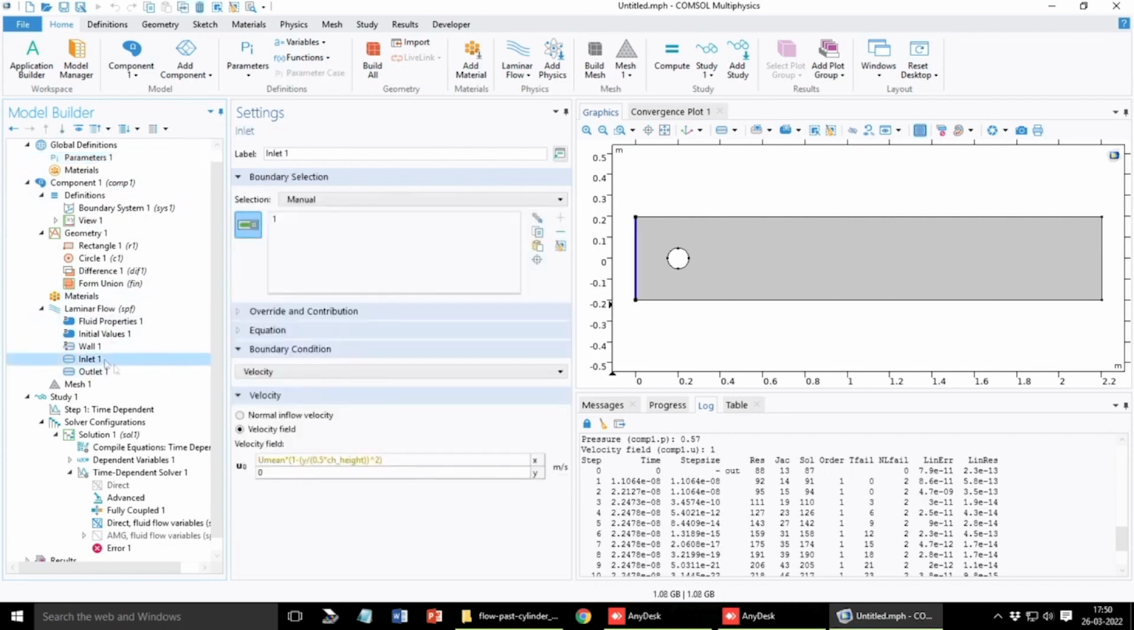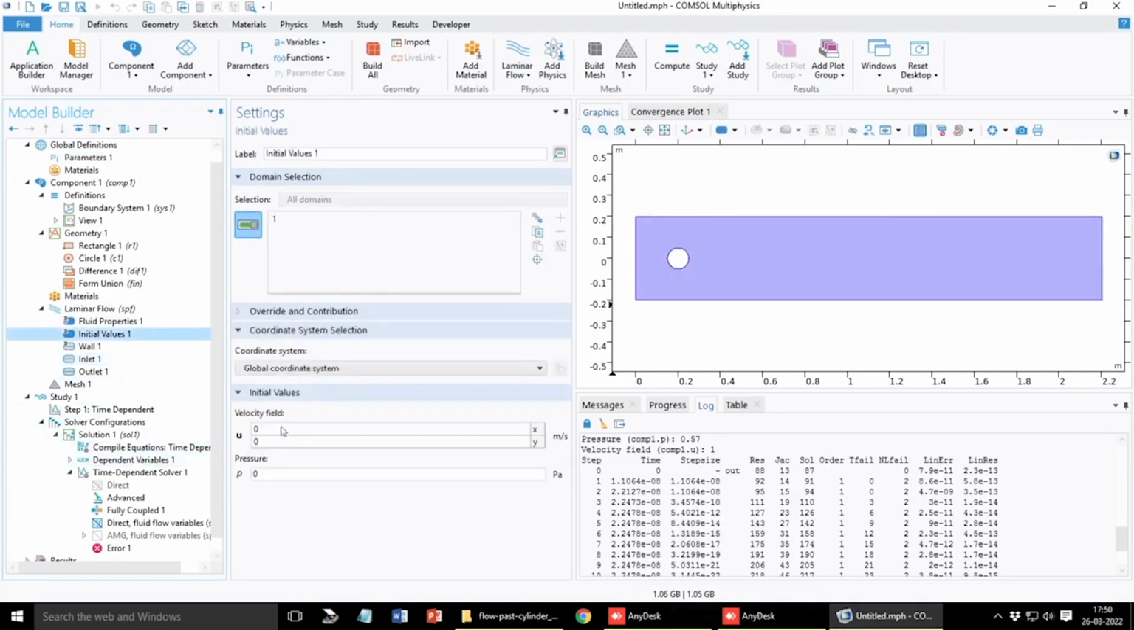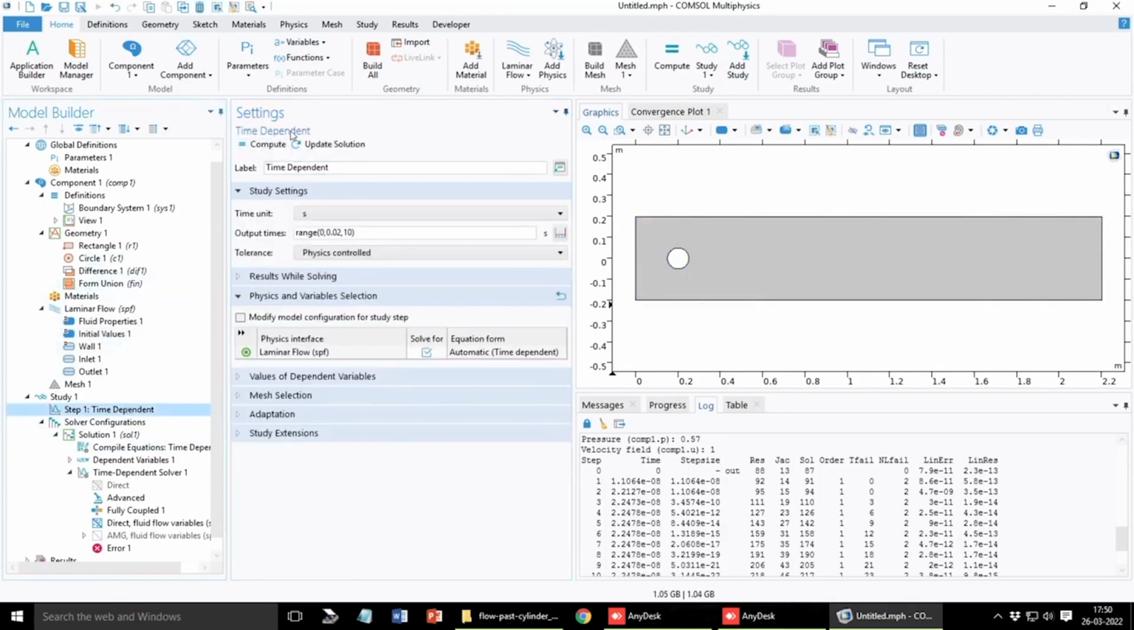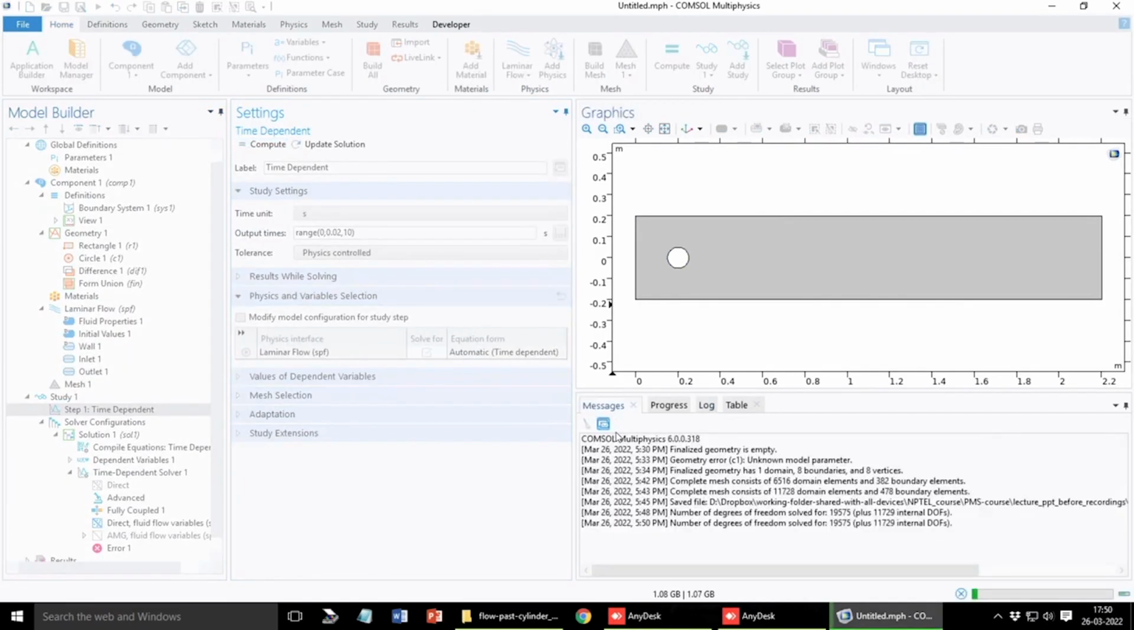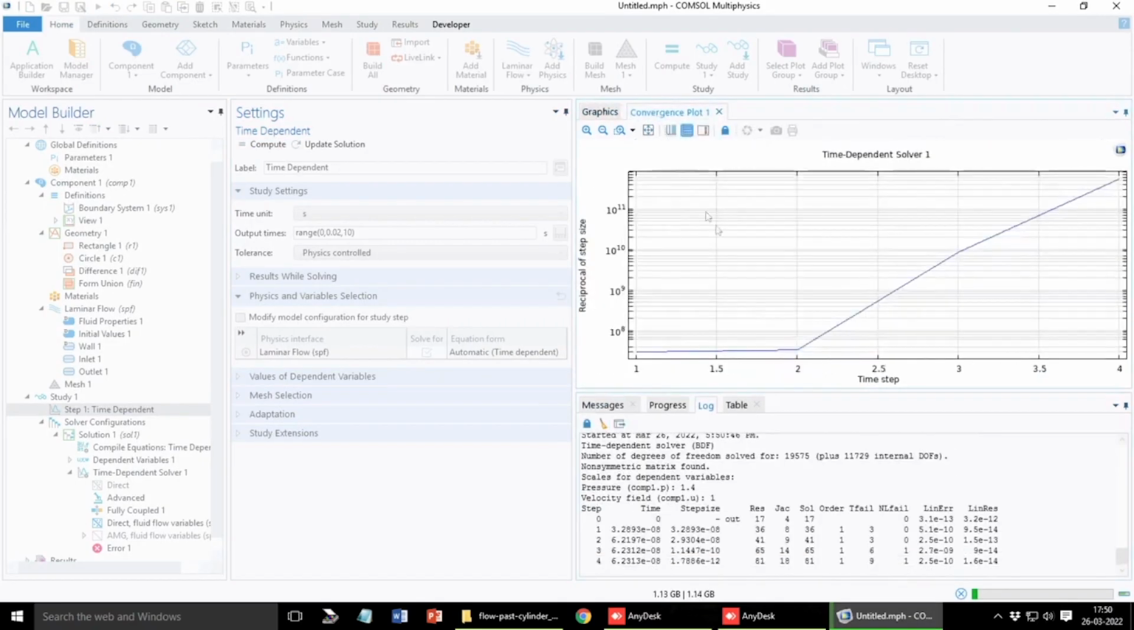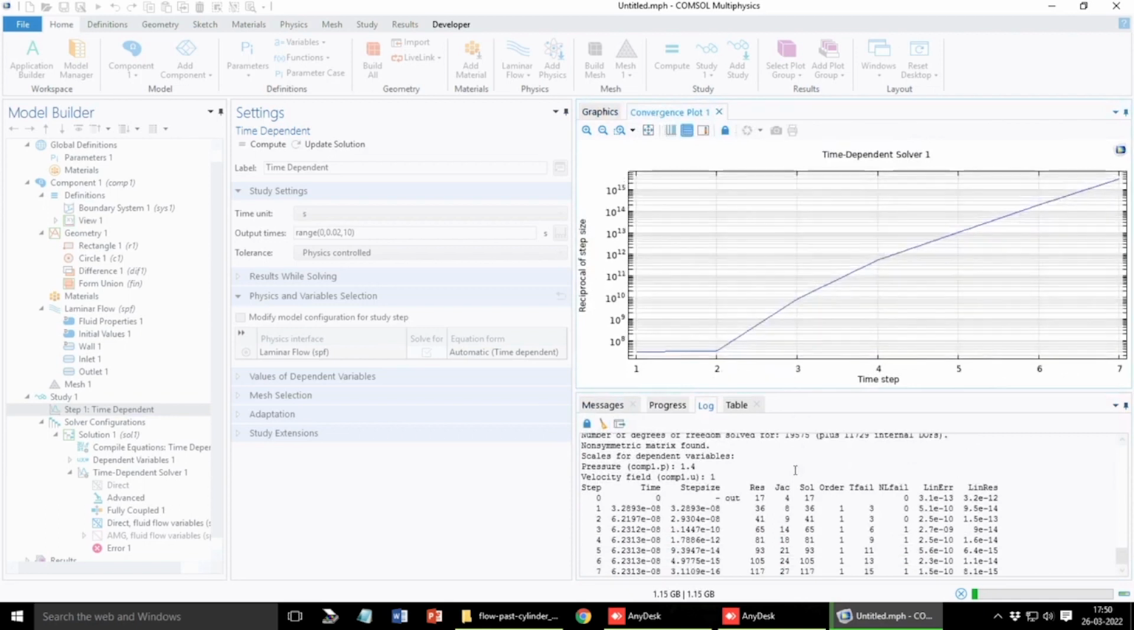Okay, so this is fine, and for the initial value, instead of 0, let us give some initial values to the problem, so that the software will slowly try to calculate the velocity profile, but still we see that